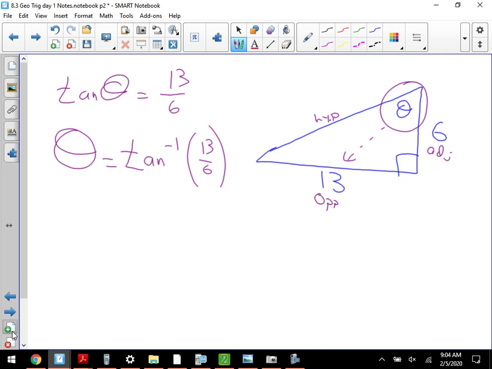The only thing that's different is that at the end, if you are trying to find the angle, that's how you get theta by itself. That's the only difference here today. I know it looks weird, but in essence,